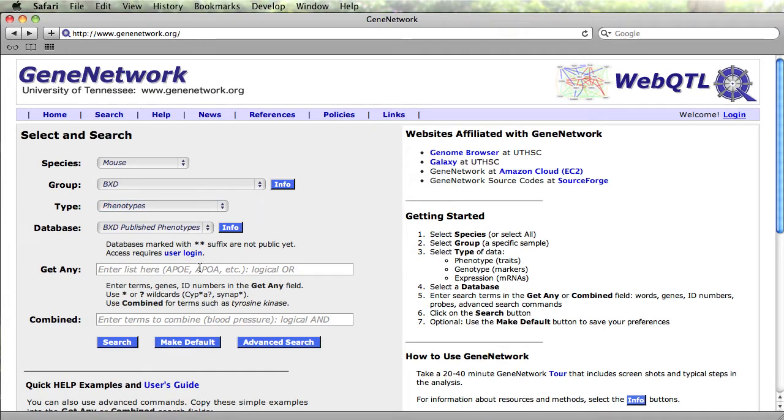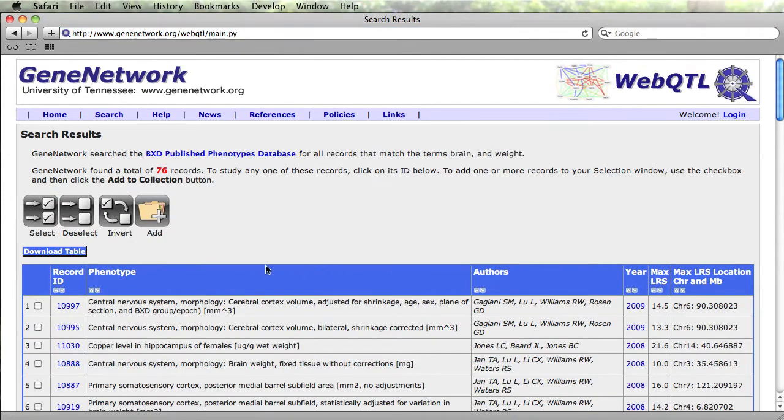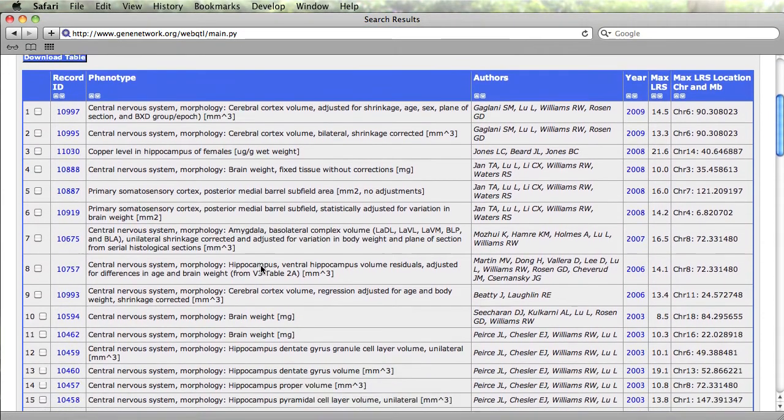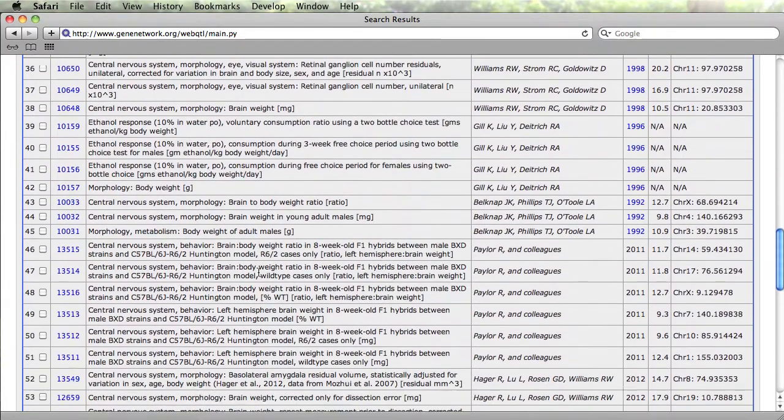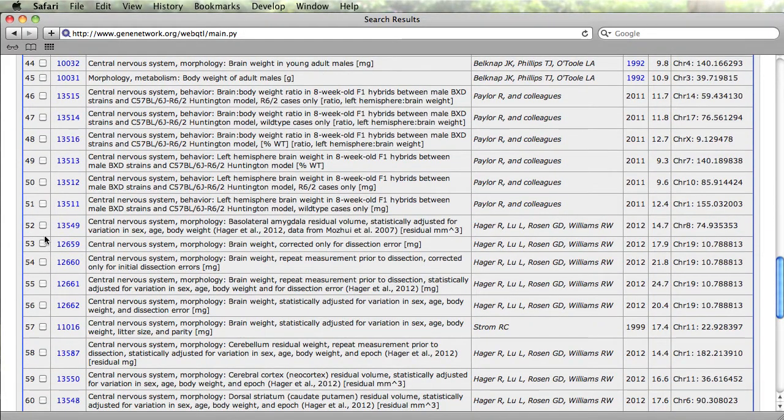To search for a term, one can either enter a single term or a group of terms into the Get Any field or in the Combine field. So for example, if I wanted data for brain weight, this would be the best place to enter the search terms. It will then combine these and search for any data on brain weight that happens to be available for the BXD strains. I can select several of these records and put them into a collection,